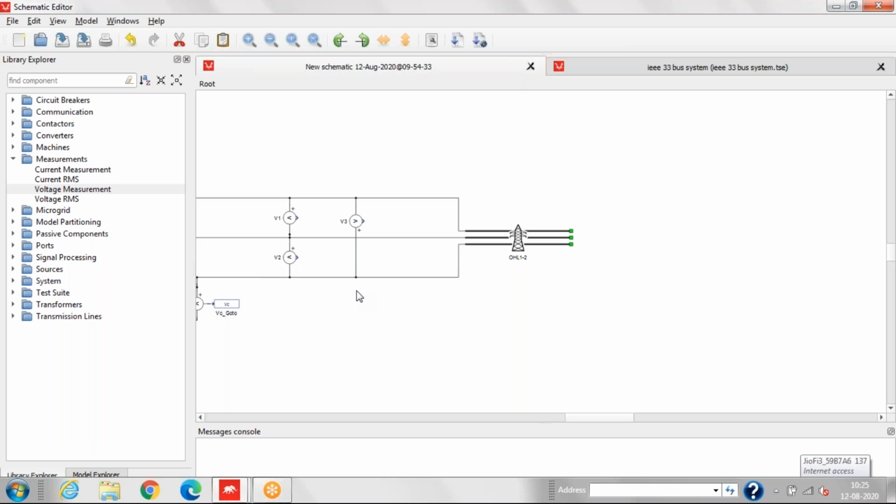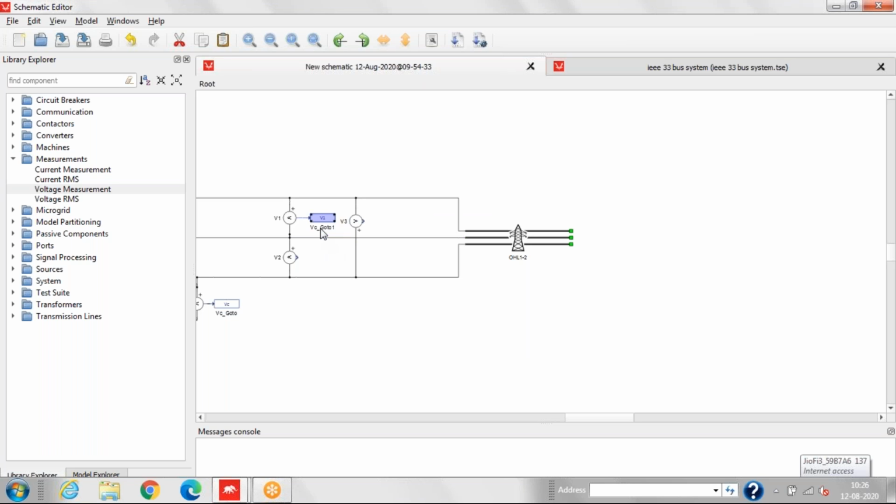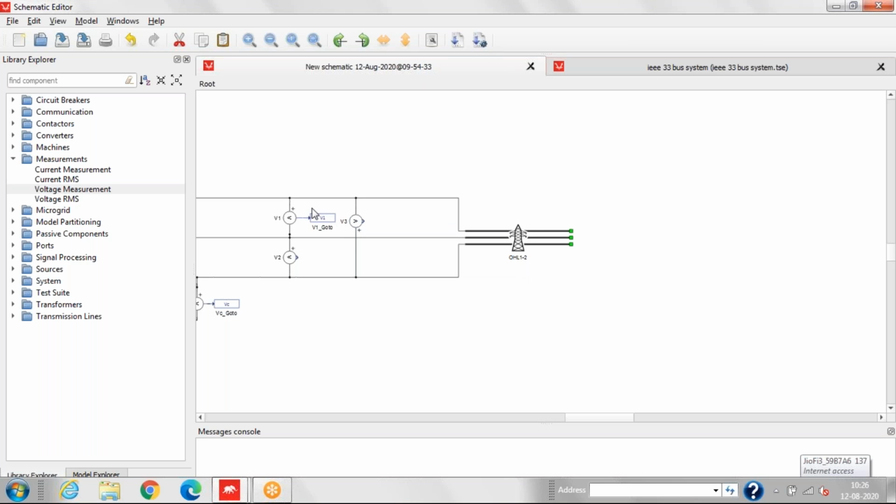Now we'll connect the signal go to block. So we'll copy this signal go to block and we'll paste it here. Now we'll change the name. This is P1. So this will be for V1. So we'll copy this and we'll paste it.